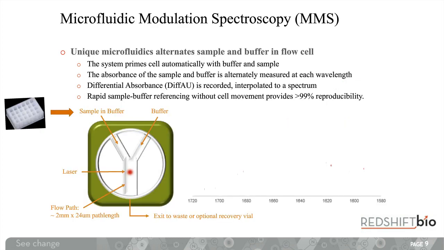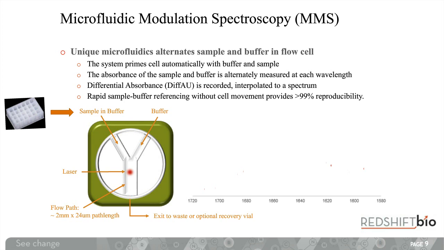To make our measurements, instead of using two matched cells as described for Fourier transform infrared spectroscopy, we instead use just one microfluidic flow cell. This has one measurement chamber, but two inlets, one for sample in its background and one just for the background itself. And I should note that the background does not just need to be your buffer, as is shown on this diagram, but could also contain some other components if you wish to study the secondary structure of your material in the presence of the other. As what we are doing here is we are taking the differential spectrum between whatever solutions are within channel 1 and channel 2.